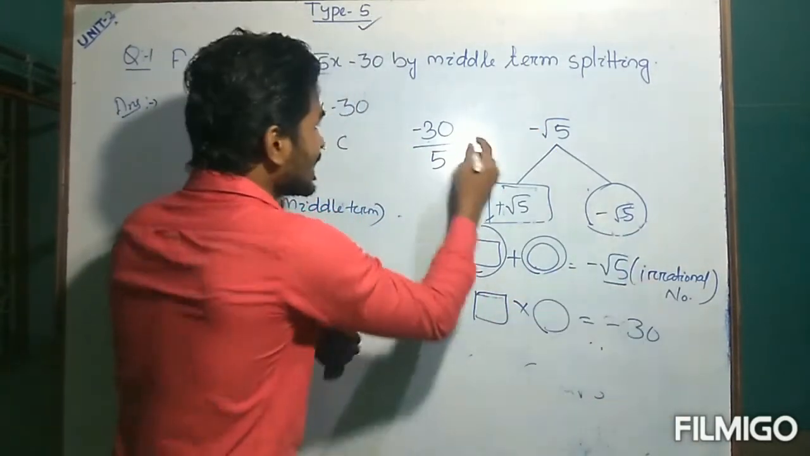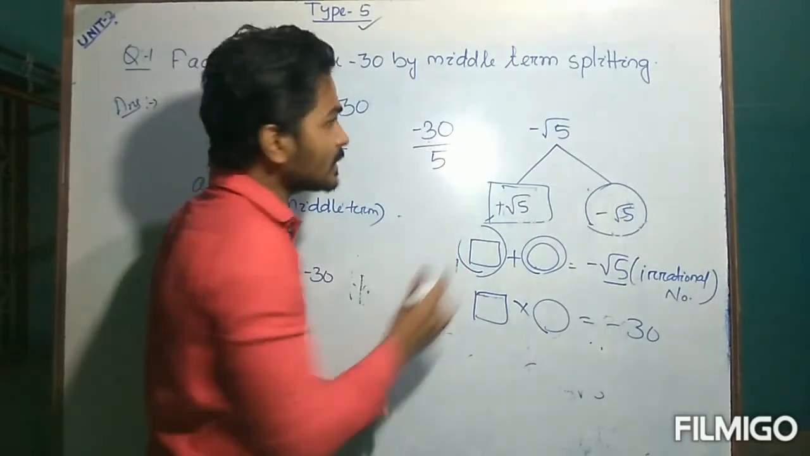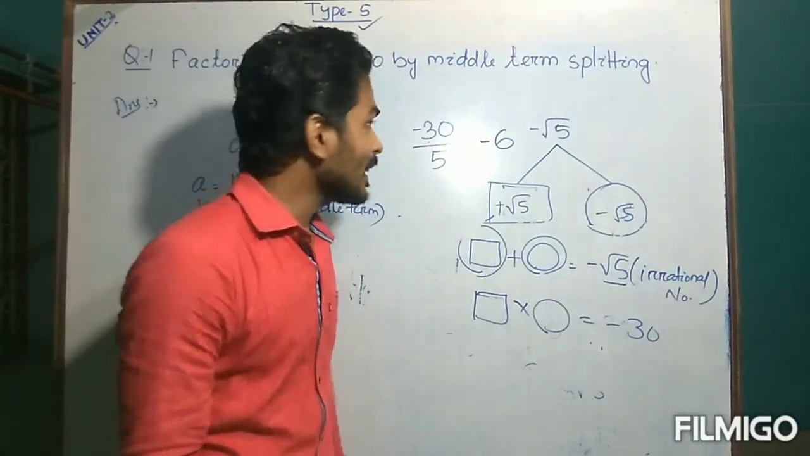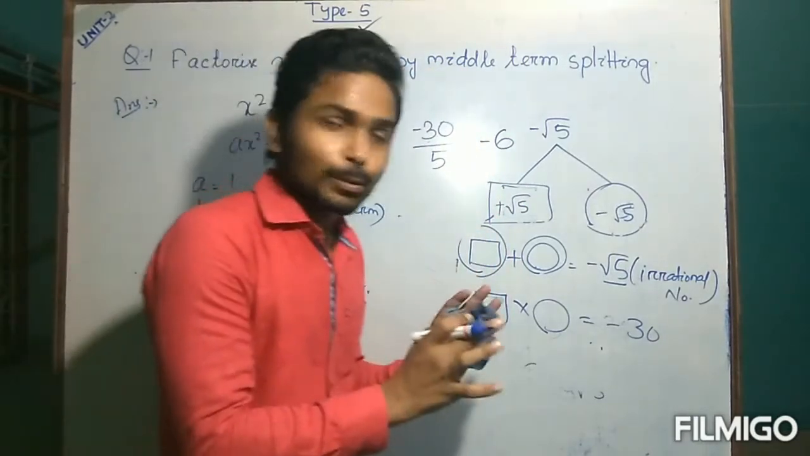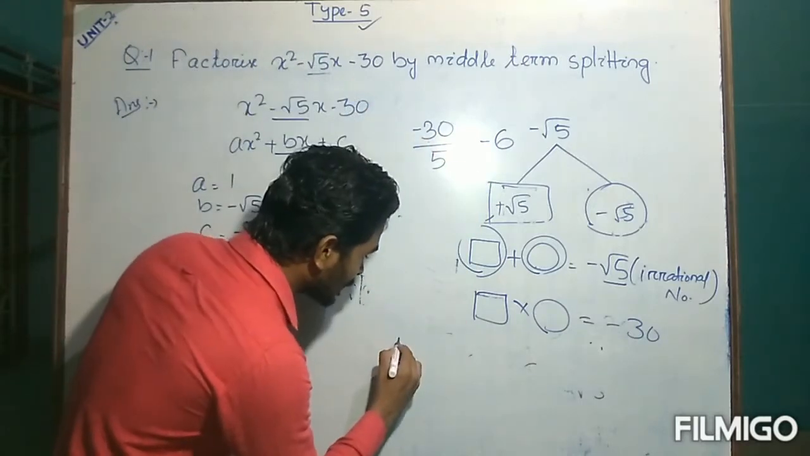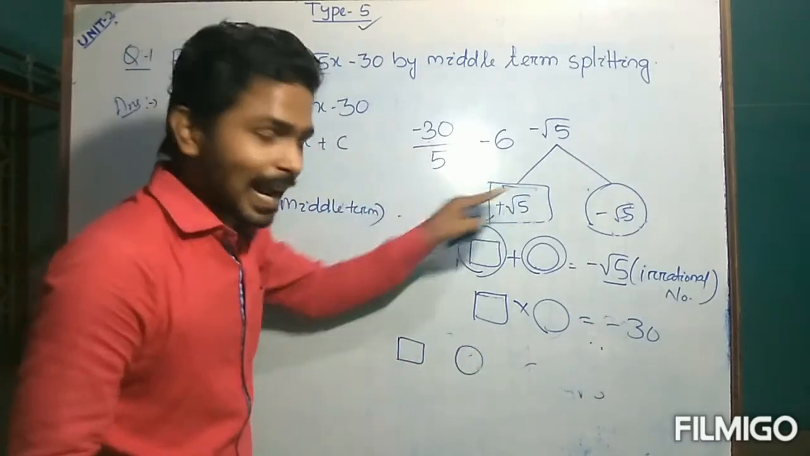Okay, so it is a trick, you have to remind it. So minus 30 divided by 5 is how much? It is minus 6. Okay, so now it is very easy to do. How? Because now you have to find two numbers, okay, two numbers such that